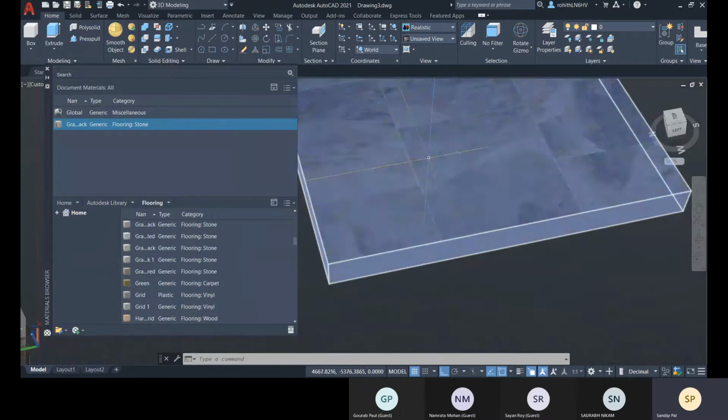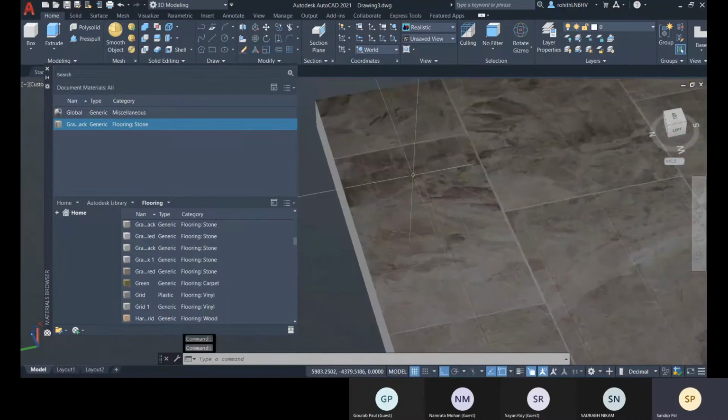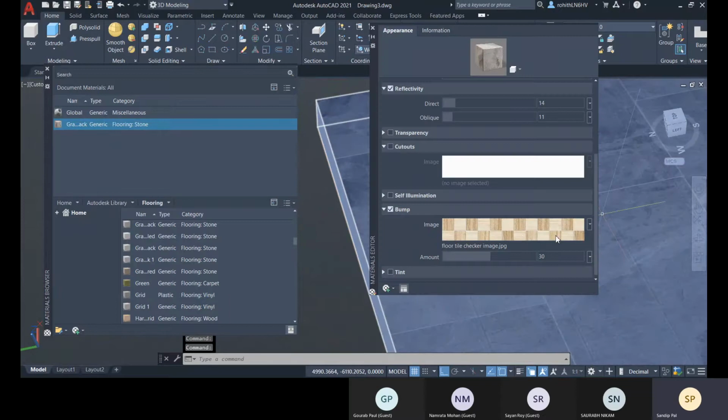Within this, we're getting this kind of effect, this bumpy surface, right? So that you can provide. Okay, so for here we don't need it.